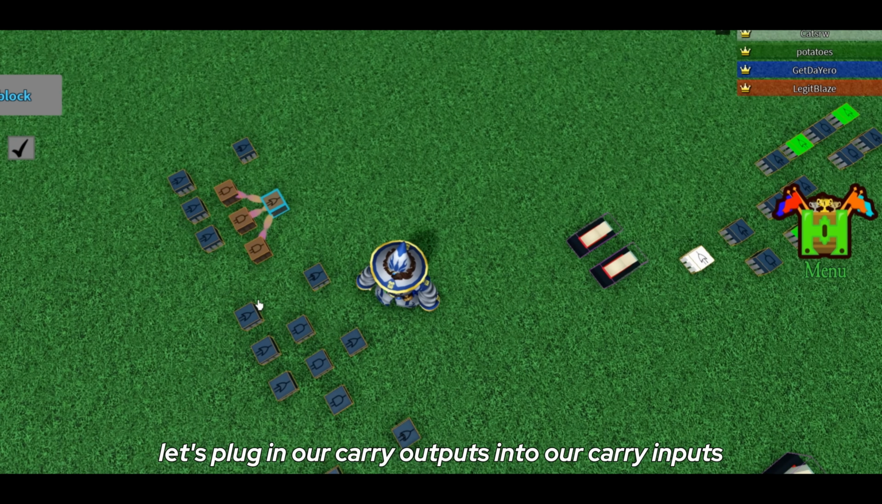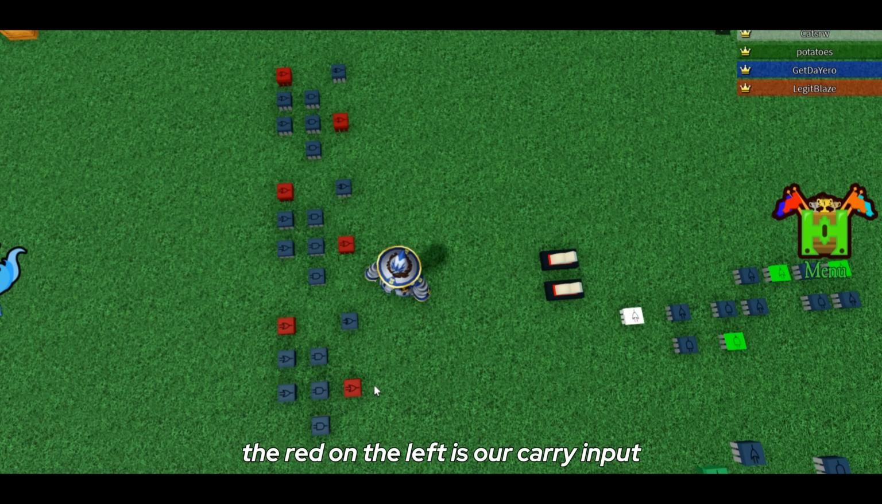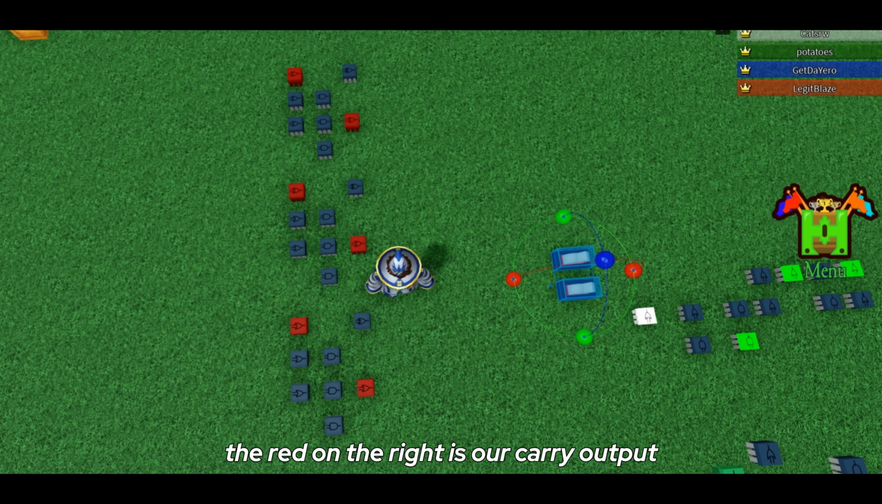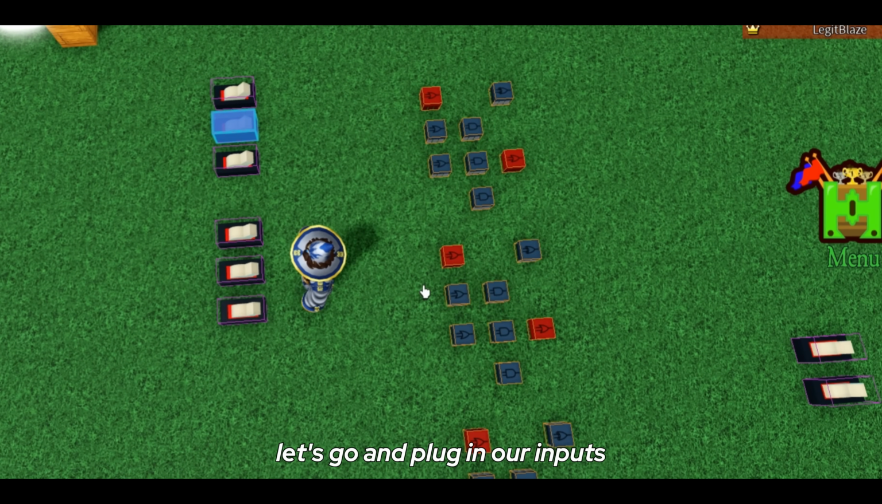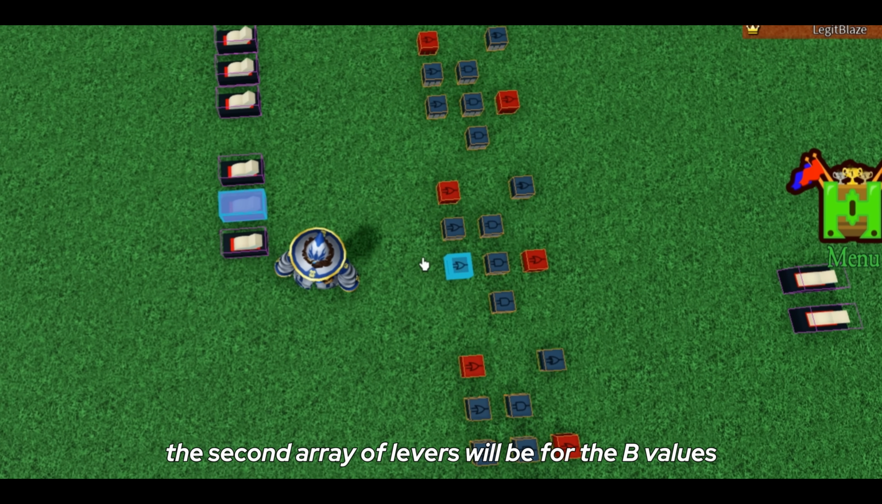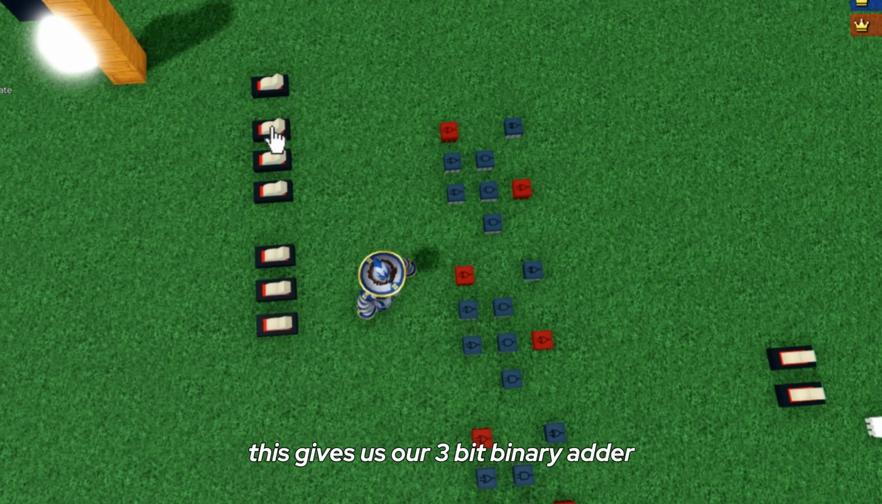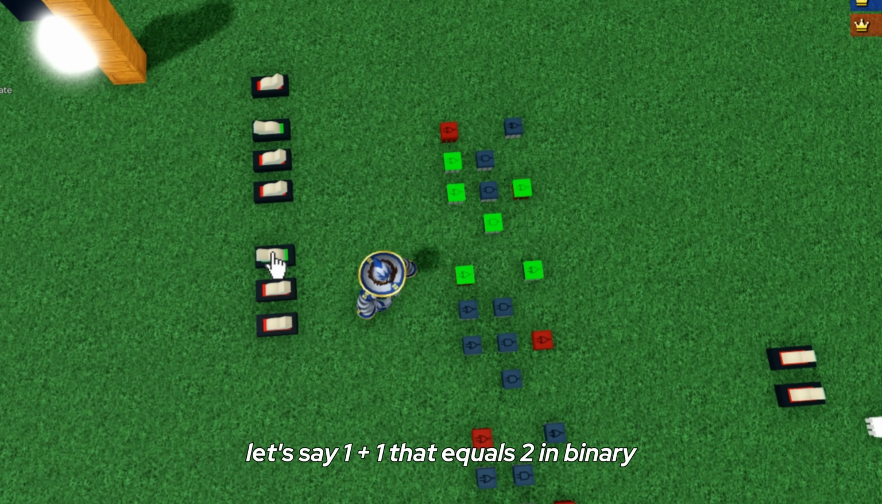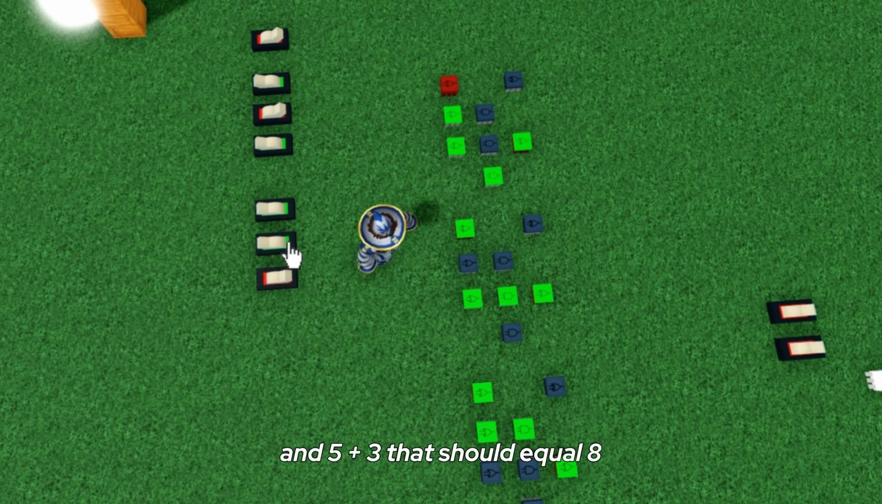Let's plug in our carry outputs into our carry inputs. The red on the left is our carry input, the red on the right is our carry output. Let's go and plug in our inputs. The first array of levers will be for the A values. The second array of levers will be for the B values. This gives us our 3-bit binary adder. Let's say 1 plus 1, that equals 2 in binary,